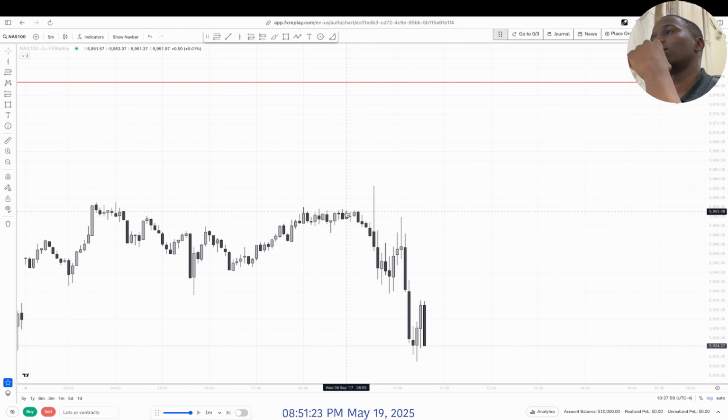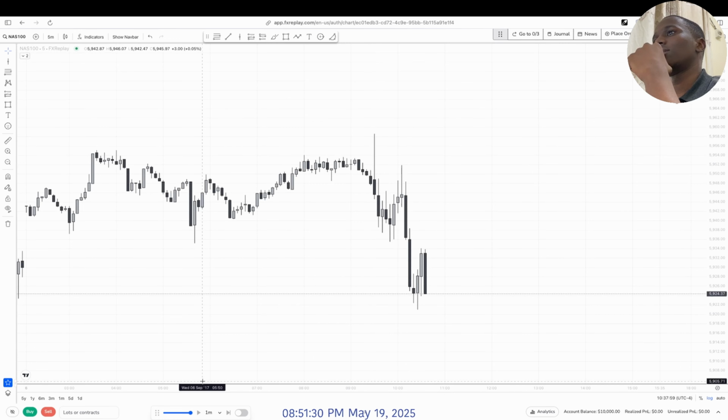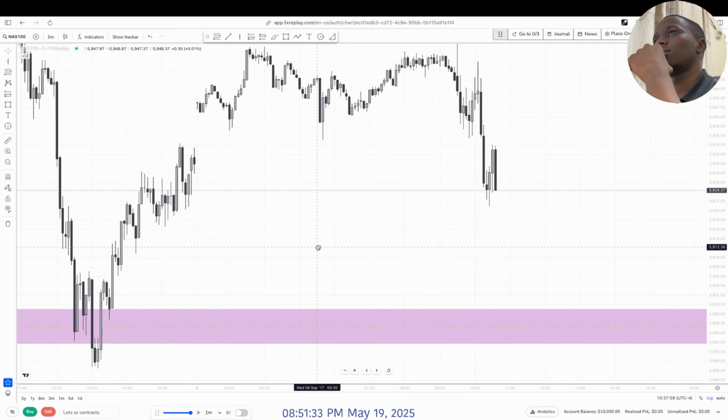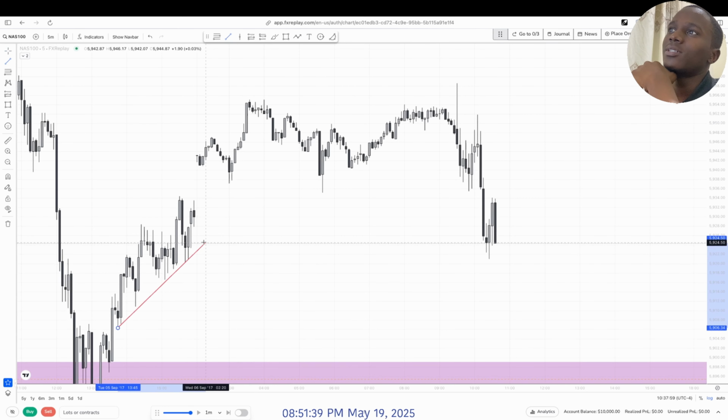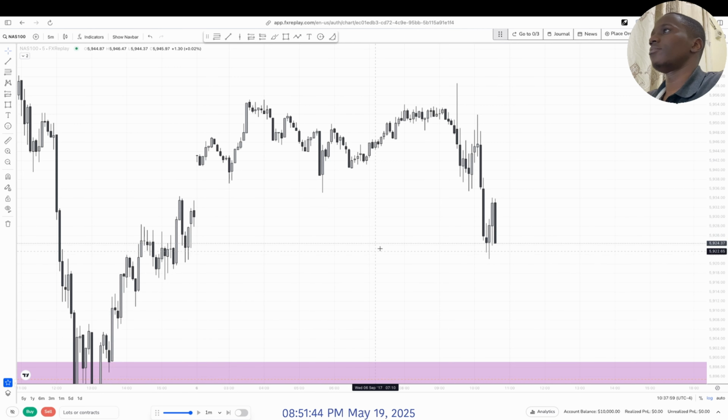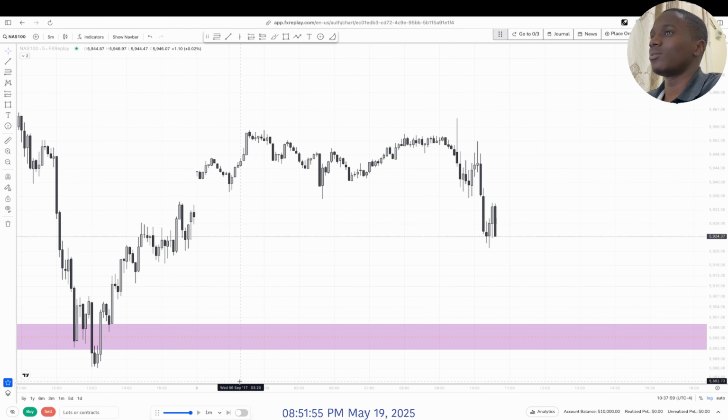You see this consolidation, high taken out, then we shift, then we drop, and our next level of liquidity will be these levels right here, since they might form some kind of trend line liquidity. You can see it. So this was the first presented fair value gap in the 5 minute. This was the second one, and you can see that we are reacting from it, which means we might use it to target to go lower.